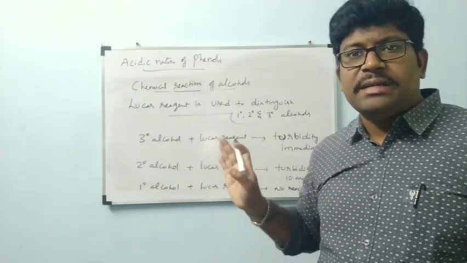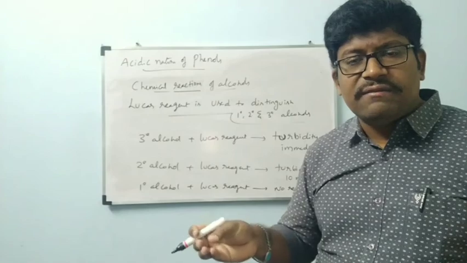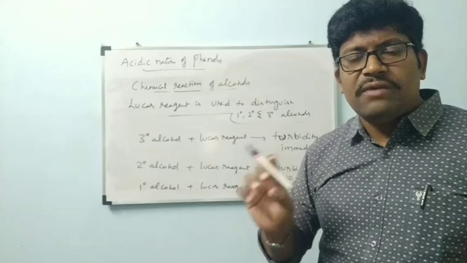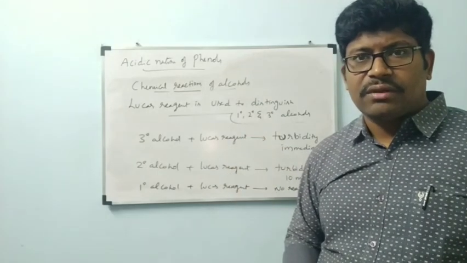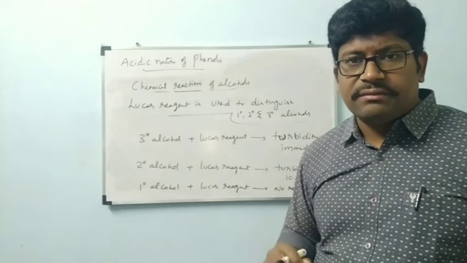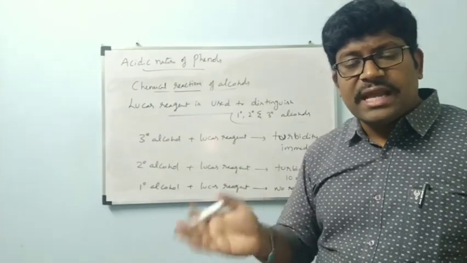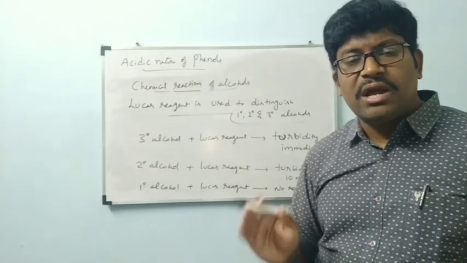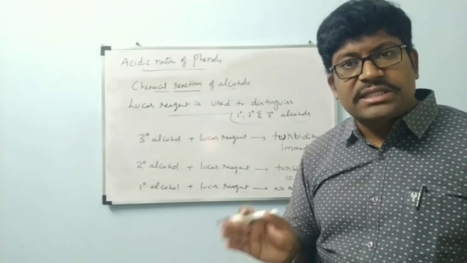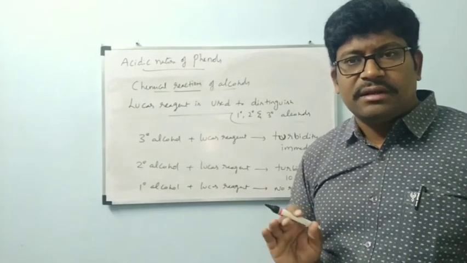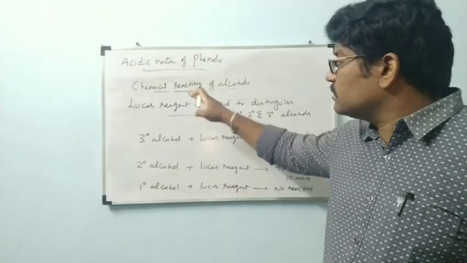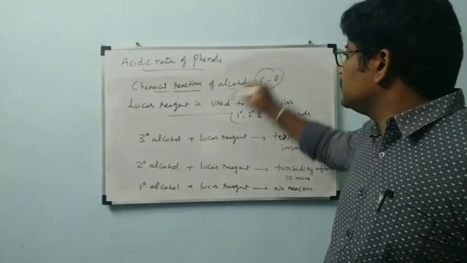That is about today's class. Some more reactions are there which are involved with CO bond cleavage. That one we will see in the next class. Before that, what are the concepts we discussed today? In esterification, how acid derivatives, acid anhydride and acid chloride undergo reaction with alcohol to form ester. After that, preparation of acetyl salicylic acid, which is called aspirin. Those reactions we have seen. After that, we went through chemical reactions of alcohols involving CO bond cleavage.